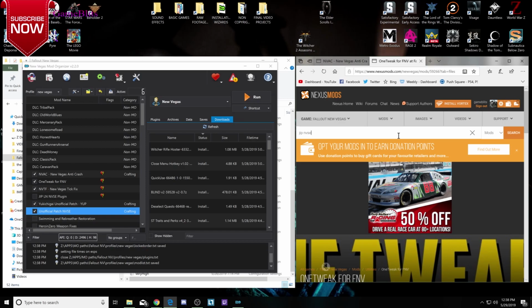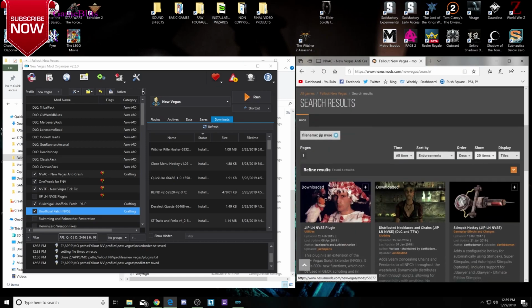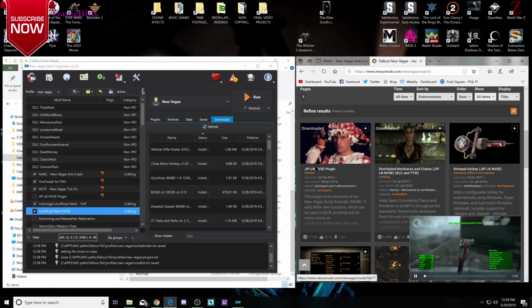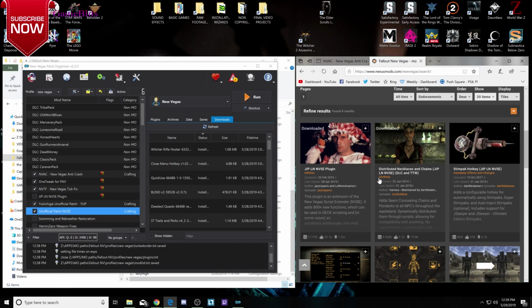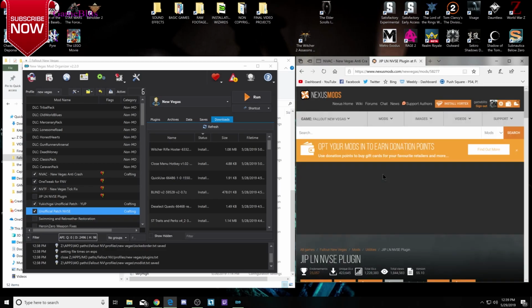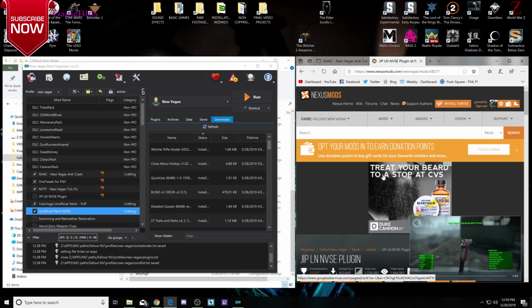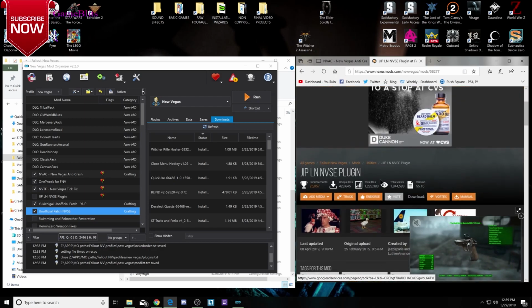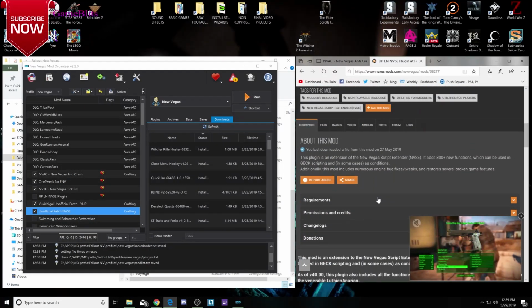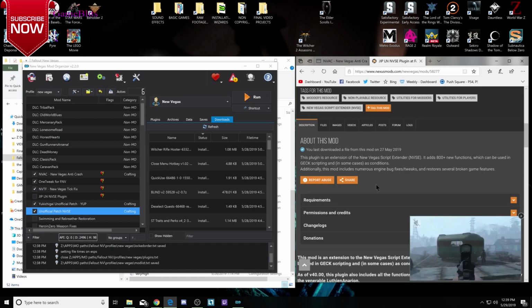Next mod, the JIP new NVSE plugin. So with JIP here, this is the one you want to click. JIP LN NVSE plugin, the guy with the clown outfit. You want to click this one. So what this is, the New Vegas script extender, this is the extension to it. This is like basically part 2